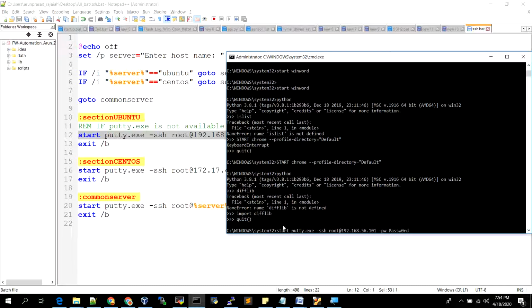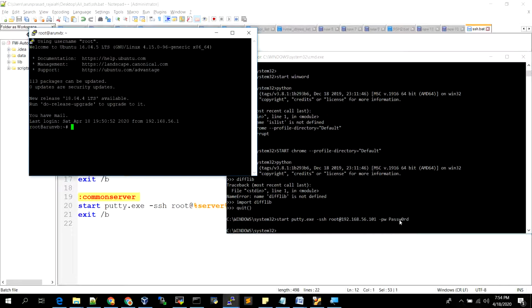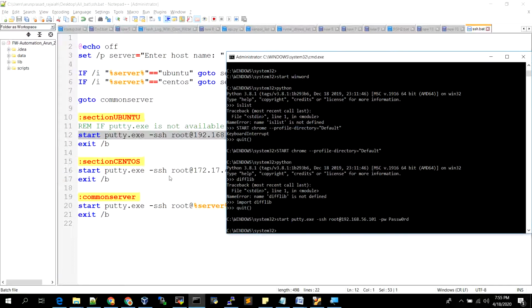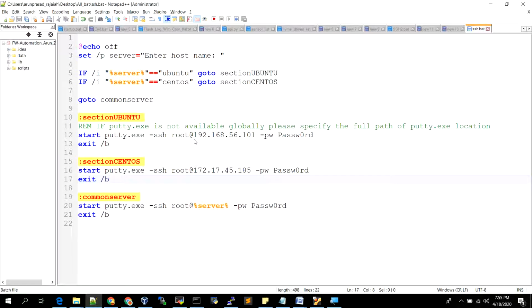If you give start putty.exe, it will open a putty application and you are giving the username, IP and the password. On executing this command, you can see a new window of a putty is open and it is logging to the server automatically. So these are the two IPs I'll be often using.